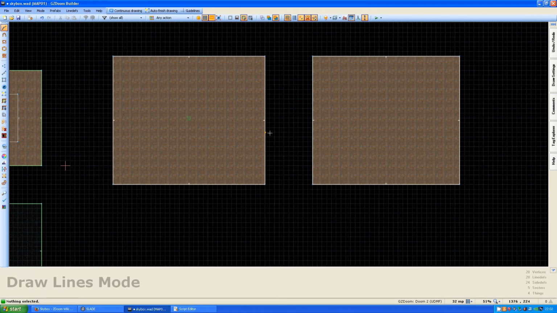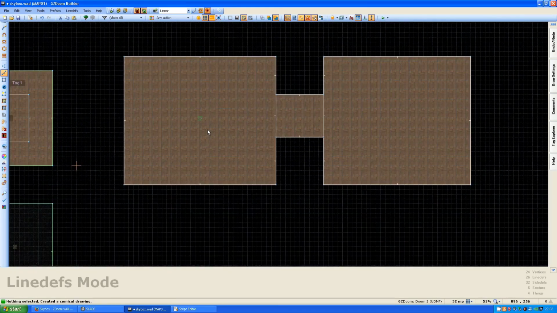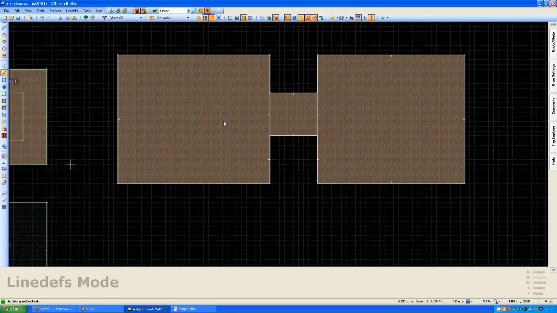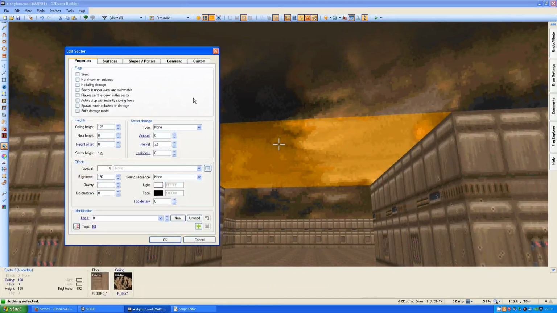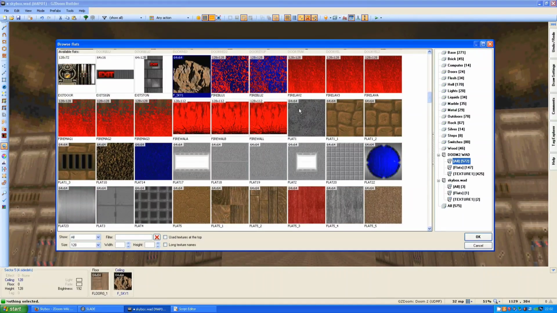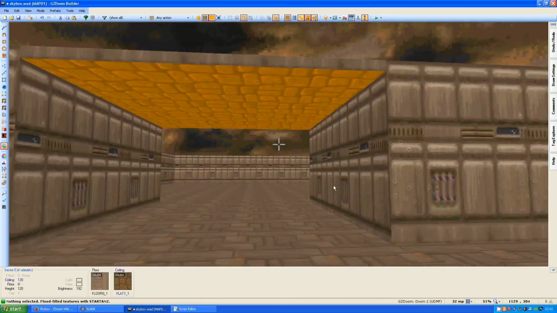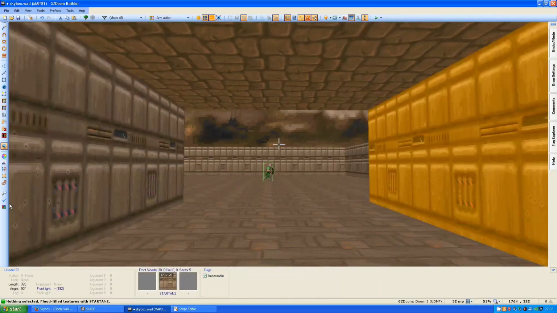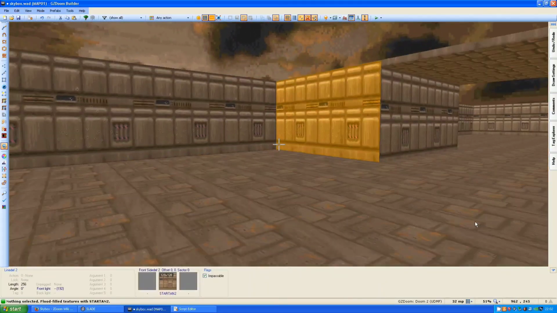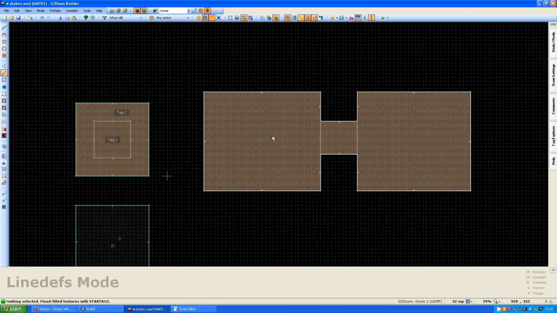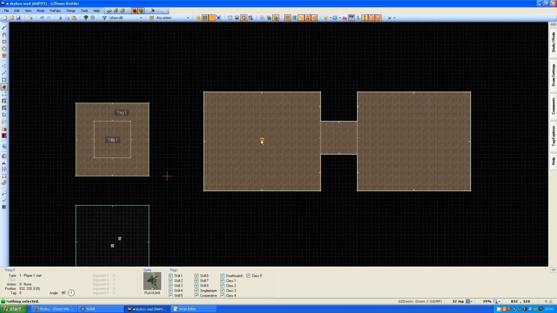And what I'm going to do is create a pathway, each sector in game. What we want to do with that is I'm going to quickly make this not a sky texture, so we can demonstrate how it's going to look. Okay, so let's say we're in your map and you've got a sector here that you want to be a certain sky, and you've got another sector here that you want to be a different sky. So let's go ahead and